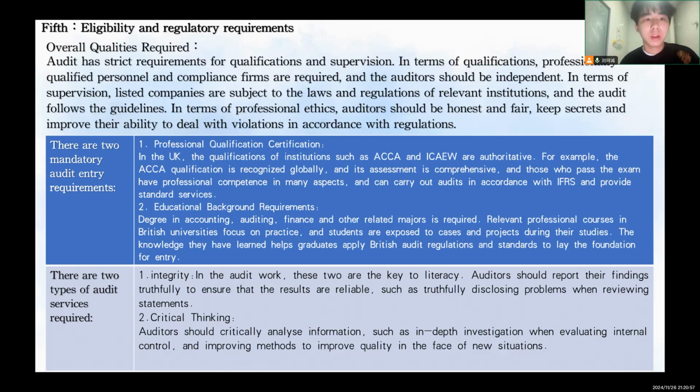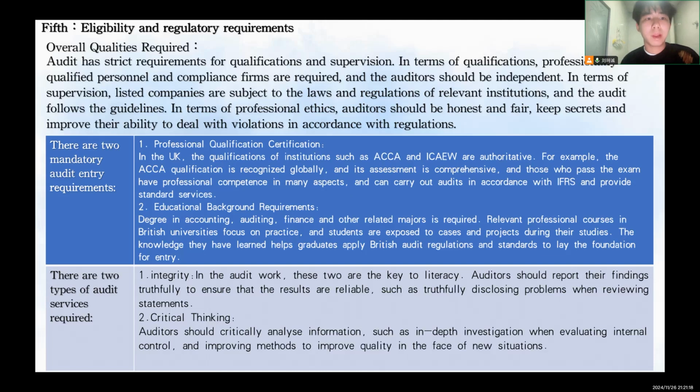Professional requirements in the UK, the classifications of the ACCA and ICAEW, as domestic qualifications such as ACCA qualifications, is recognized for the abilities and the assessment is comprehensive. Those who pass the